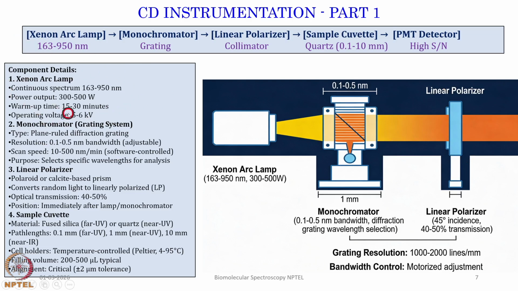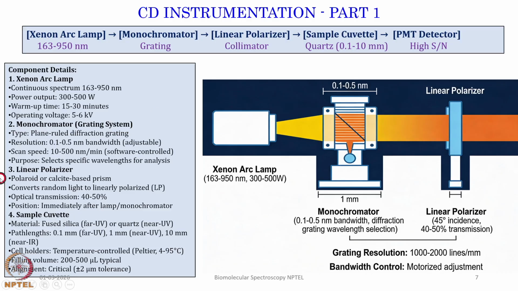Power output should be about 500 watt, and then some warm up, and then operating voltage should be about 5 to 6 kilovolt. Grating already specification we discussed. Then you require a linear polarizer. So, here you require a linear polarizer. This can be a calcite based prism that converts the light into linearly polarized light. So, here we are going to have, after this linearly polarized light, 50% goes as linearly polarized light, 50% transmits,